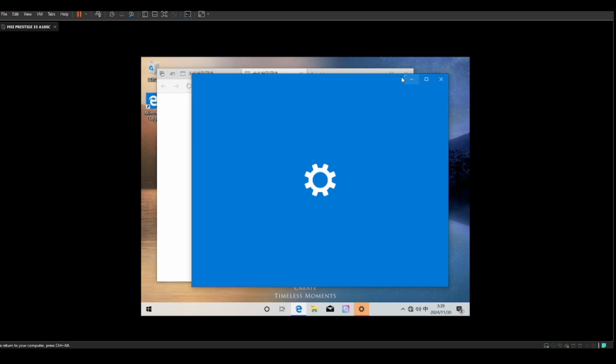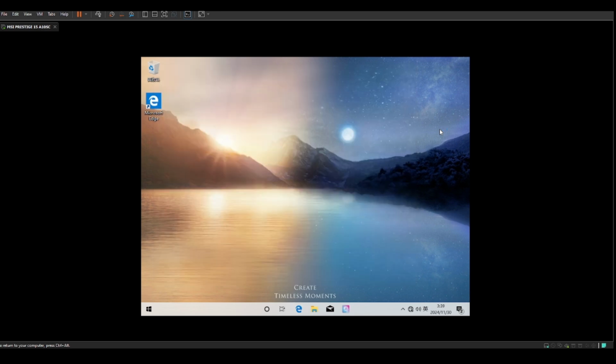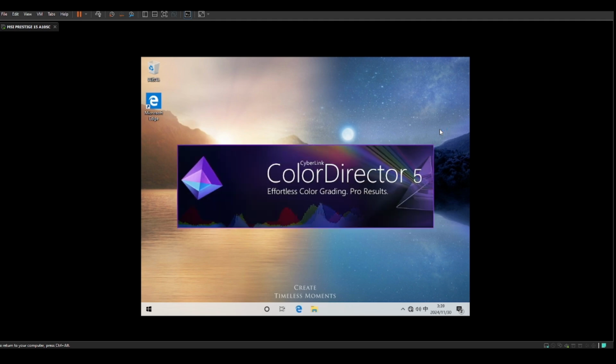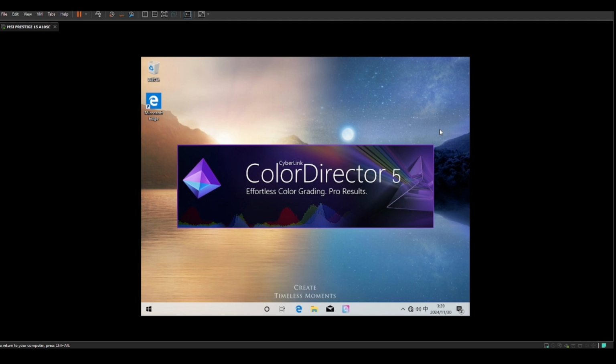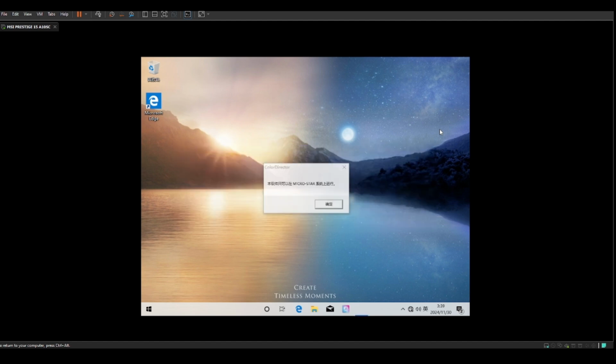I actually kind of like this background. It's pretty neat. It's got some charm. After all that chaos I just went through. But I really like it. I like the sun peeking through the mountain and the nice dark theme with the moon. I really like that. And I see Color Director finally started, but of course it will not start because it's